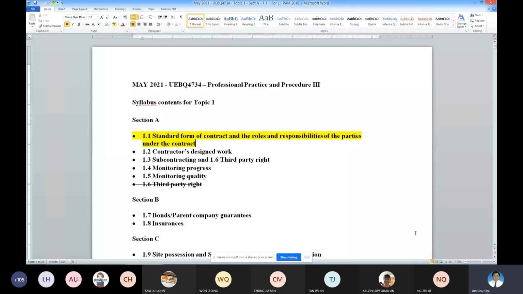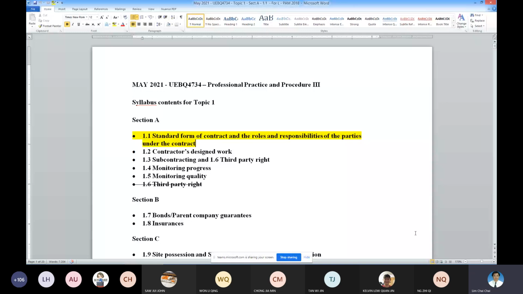Okay, there are a few types of standard form we are going through afterwards, and then you have to focus on one of them first. In this case, I select the PAM 2018 as the reference for you to understand,